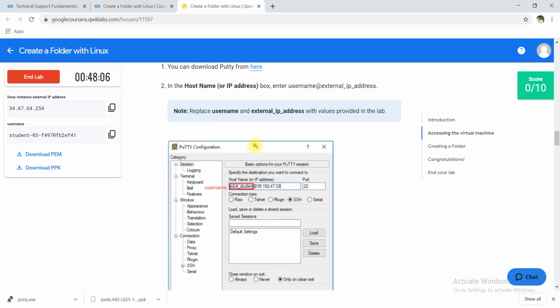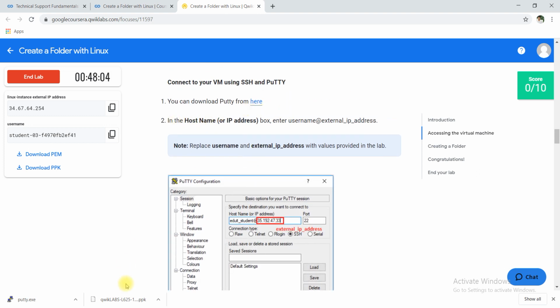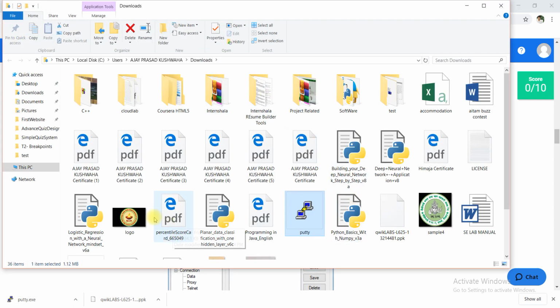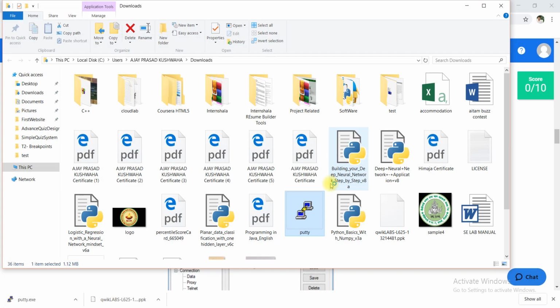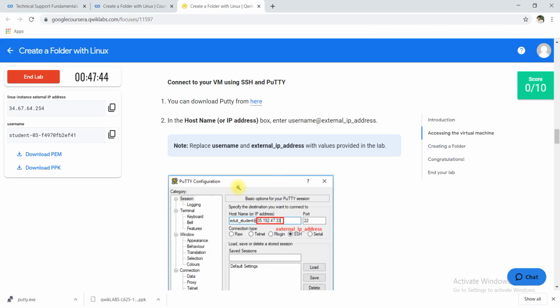After that I have to run PuTTY. I will go to the location of the file and run as admin. It may take a little time. Okay, run anyway, and done.